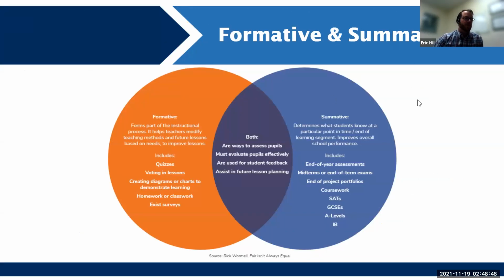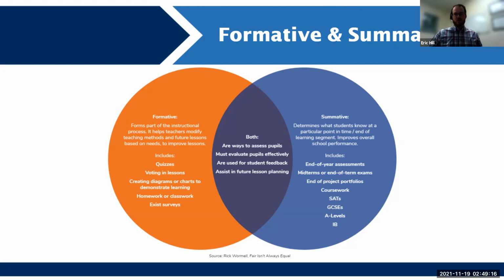So when we compare formative and summative, right? Formative forms part of the instructional process, helps teachers modify teaching methods. It includes things like quizzes, voting in lessons, homework, classwork, exit surveys, KWLs. Summatives, on the other hand, determine what students know at a particular point in time. There's a little less feedback typically with summatives, because think about a final exam, usually that is the last thing